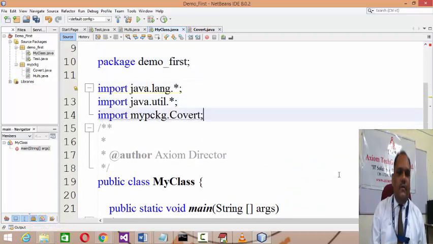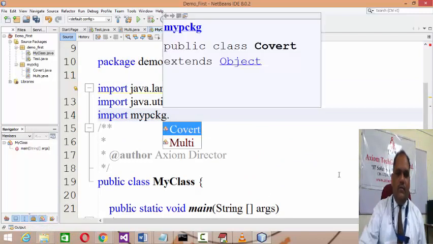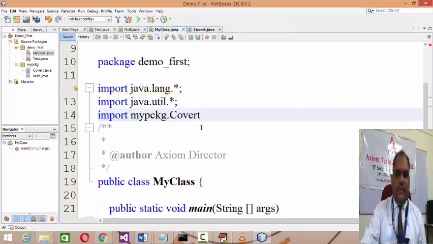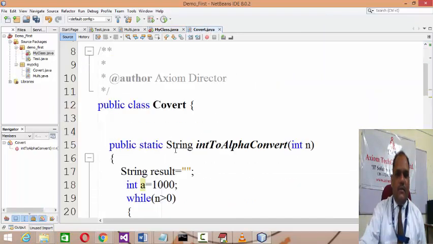So here, my package dot what class? The Convert class. We are importing it. When you go to the Convert class, you'll find a public static method over there, intoAlpha.